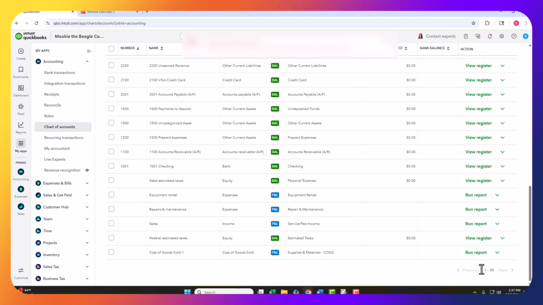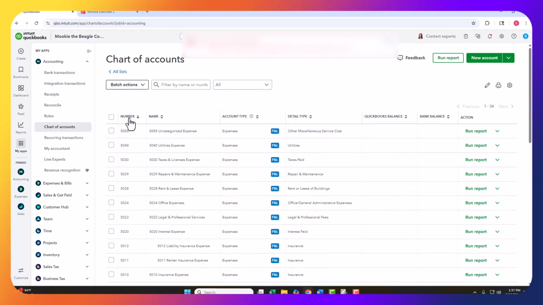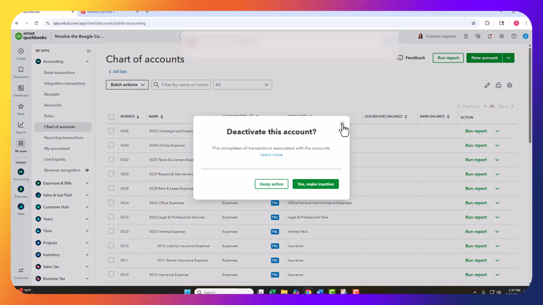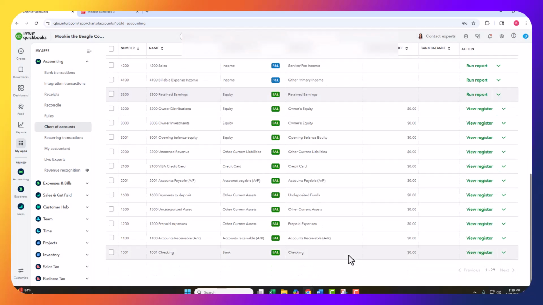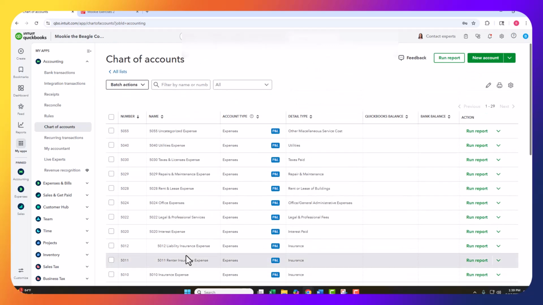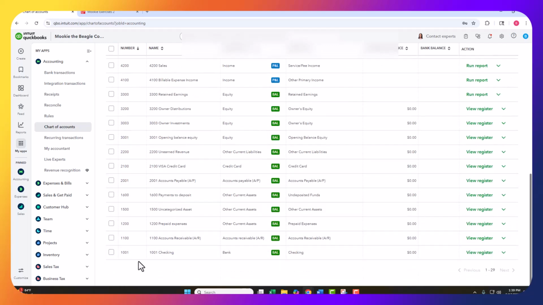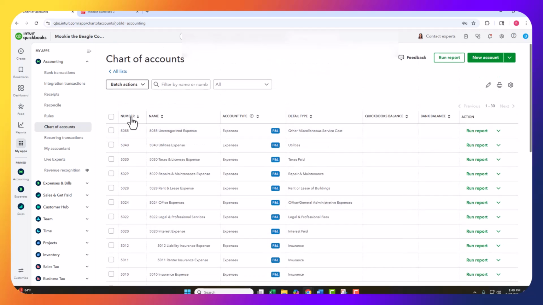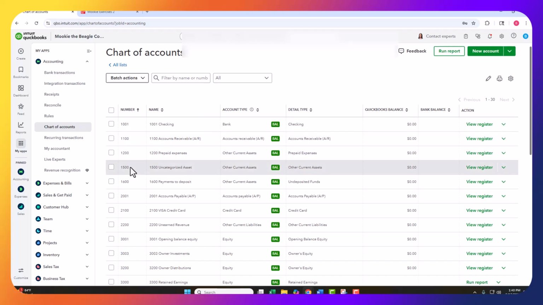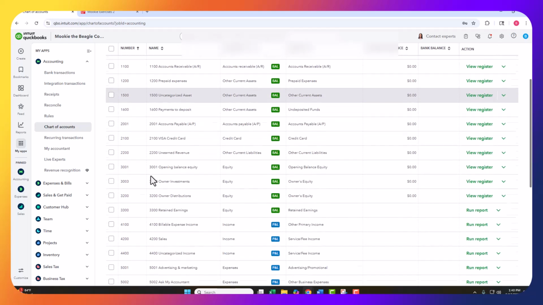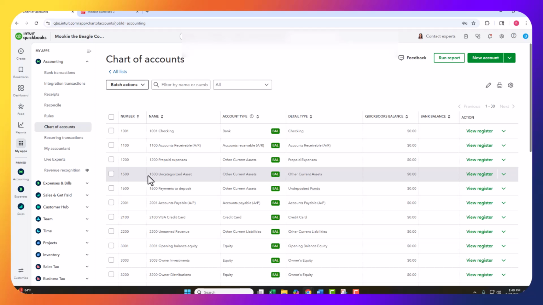All right, and then I'm going to do the same thing with the accounts that remain here. It looks like the reason why I have more showing is because we had multiple pages. So I'm just going to click on the first one, hold Shift, click on the last one, and once again make them all inactive here really quickly. So now that I've done that, I have all of the required accounts listed, and I've removed all the extra accounts. And I'm going to click my number column here to put the accounts in ascending order. So I have my assets up at the top, and I have a nice list of all the required accounts